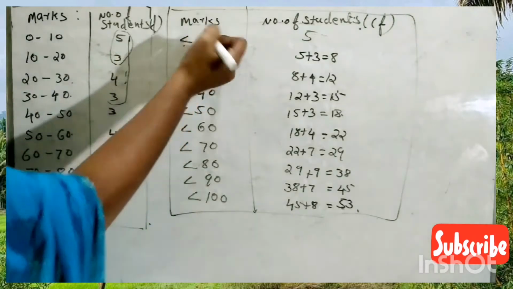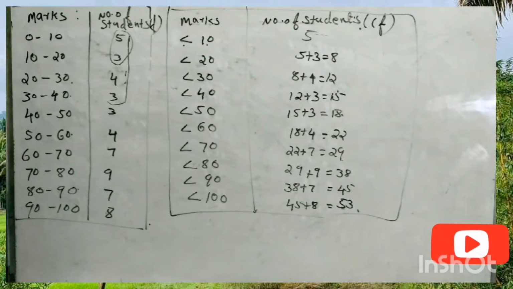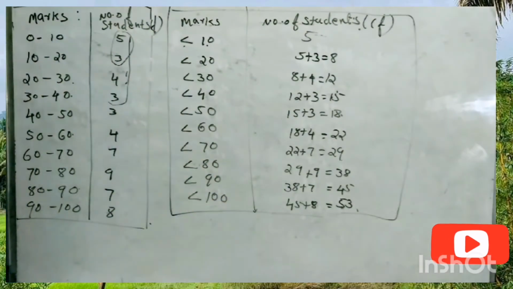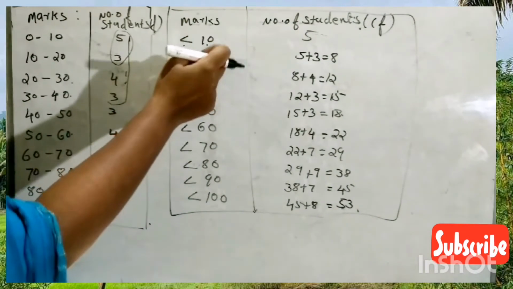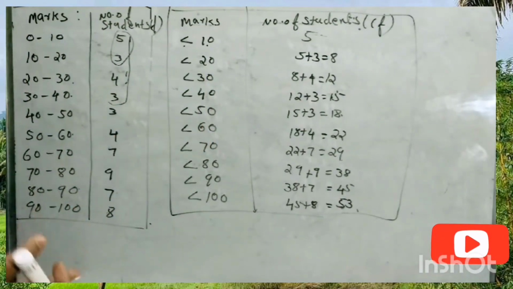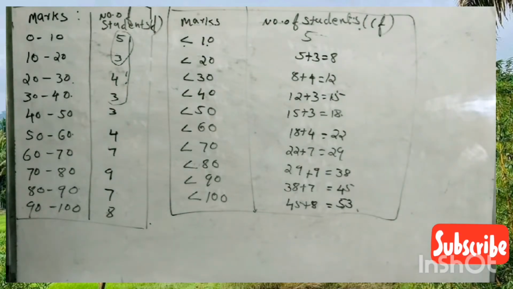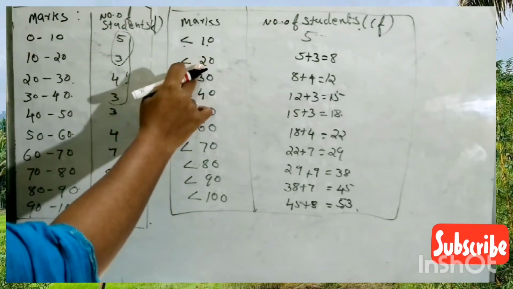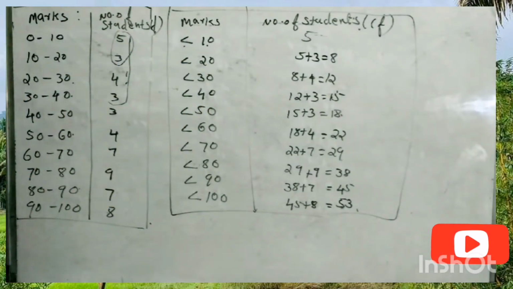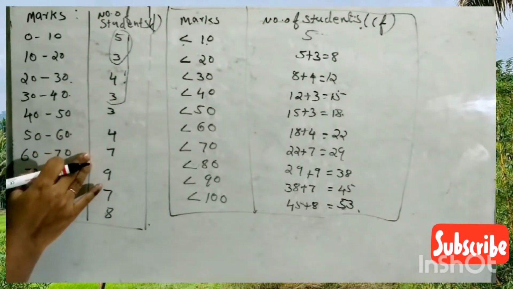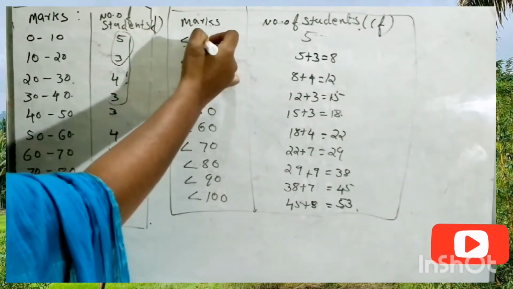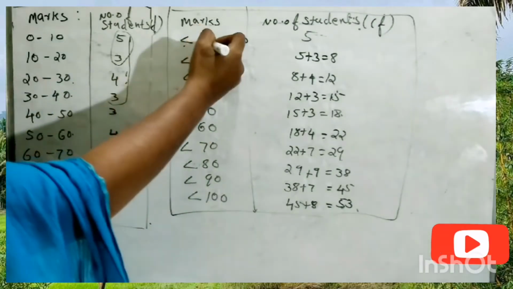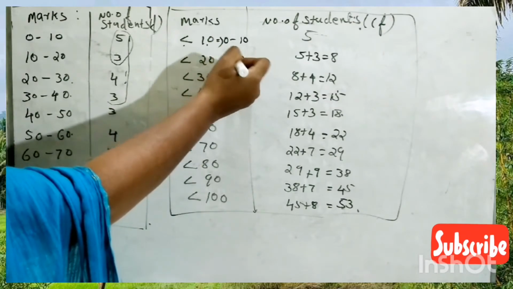So this less than 10, that we can write it as all these values, that is our upper limits. Okay, all these values 10, 20, 30, 40, 50. Okay, these are the upper limits of our corresponding classes. So this less than 10 we will write it as 0 to 10. Less than 20, don't write it as 0 to 20. When you will convert it into the first table, you should write it as 10 to 20. For the first one, we will write 0 to 10. And for the second one, we will write 10 to 20.